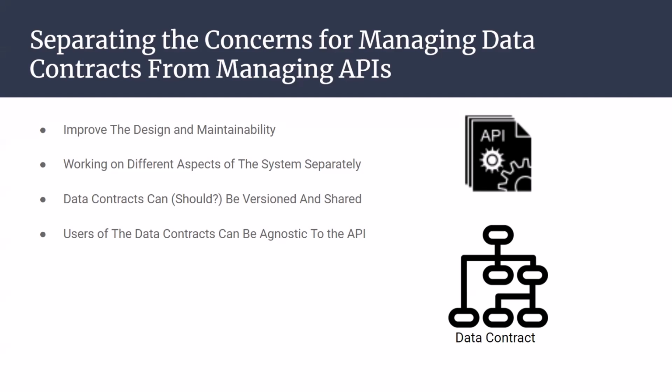They shouldn't be aware of the fact that we used HTTP transport or some other TCP connection to bring the data. It's not relevant to them. Why bother them with these details? And it's also true to developers. Sometimes the developer working on a specific area of the system doesn't necessarily need to be familiar with the gateway of the system, which is the API in this case. So being agnostic to the API can be very beneficial.